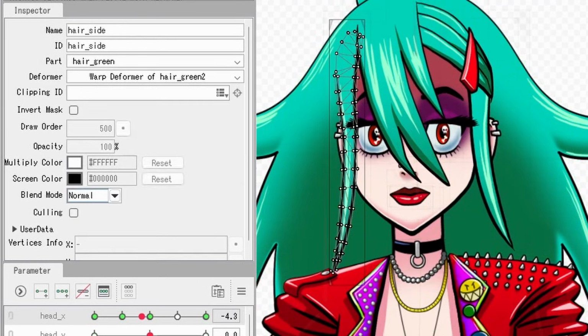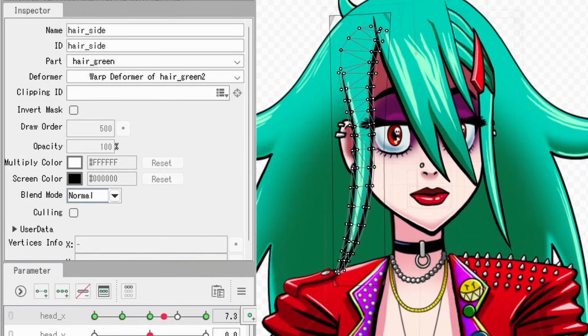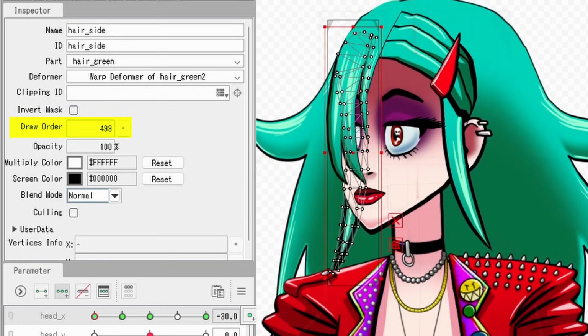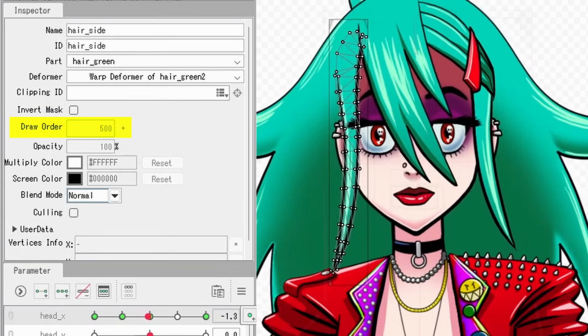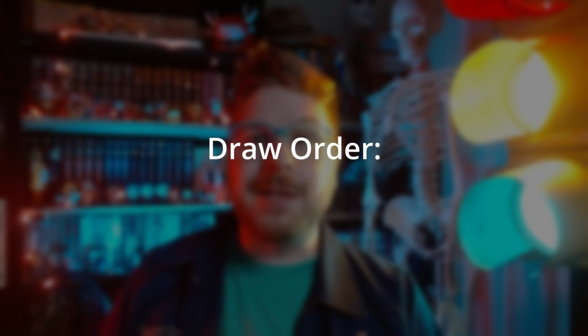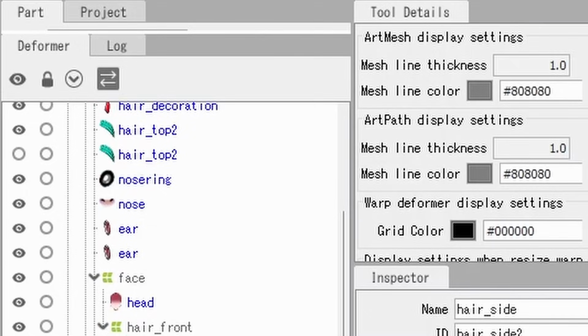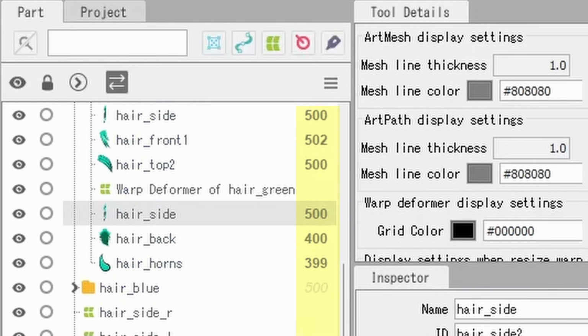For the little parts of hair on the side, I want the hair to disappear behind the head as it turns left to right, and for that we'll finally have to deal with draw order. Draw order is a way we can dynamically change the layer order of images. For this, we'll finally go back to the Parts tab because that 500 that's next to every part, that's the